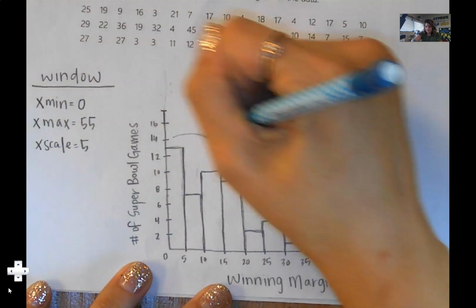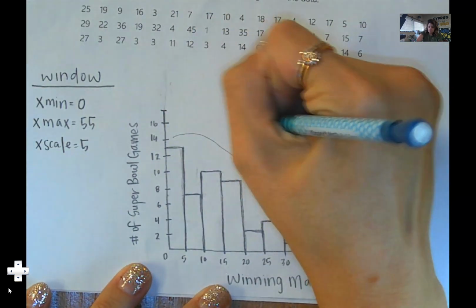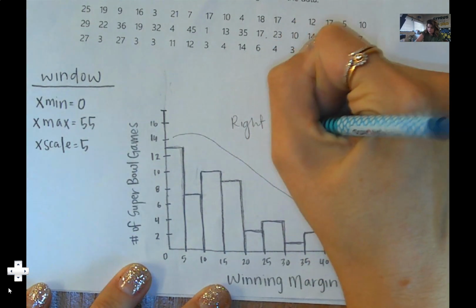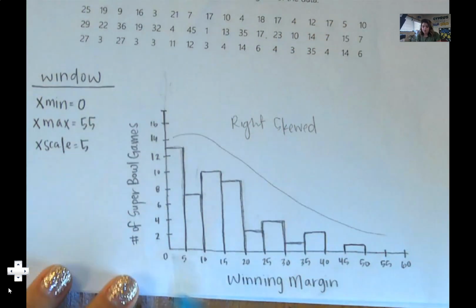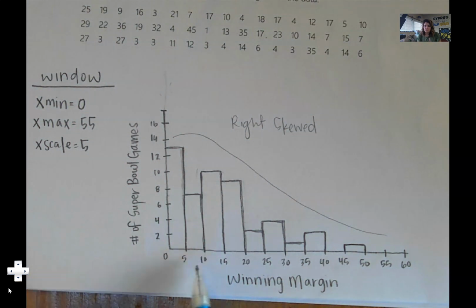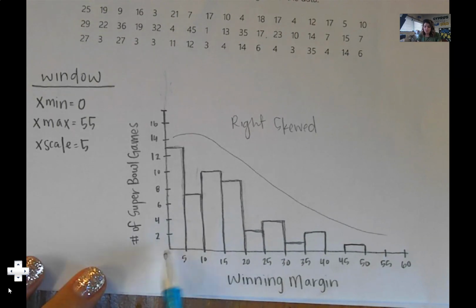And then for the Super Bowl, by how many points did the team win? So this distribution is definitely right skewed. There's a lot of data on the lower end, which would make sense to me because typically the Super Bowl is supposed to be the best of the best. It should be the 2 best teams playing. So you would hope that at the Super Bowl that the teams would be pretty close in score because they're similarly skilled. So it makes sense to me that a lot of the data is down on the lower end